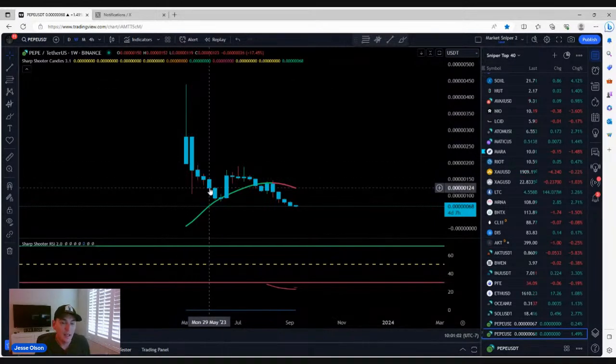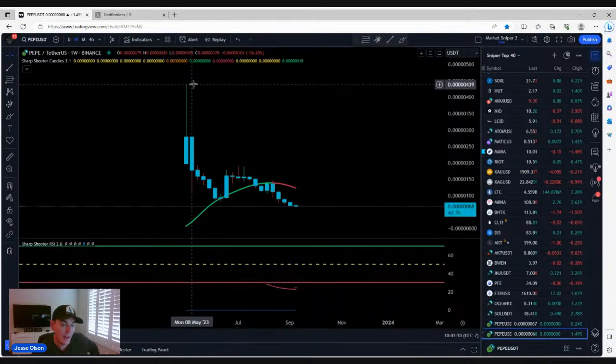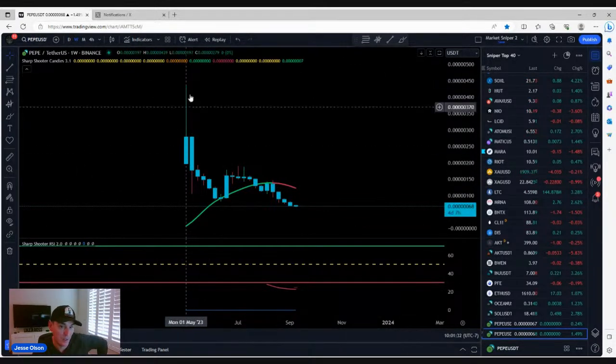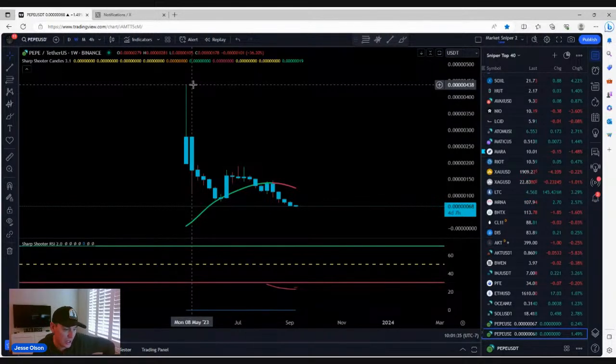very similar to an IPO, like the IPO of a new stock, Coinbase for example. Coinbase IPO'd and shortly after hit all-time highs, and it's been a downtrend ever since. So basically, if you weren't an early investor before the IPO, you got rug pulled, right? And then there was one more chance to get out on Coinbase, and after that, this is very similar to a Coinbase IPO, where if you weren't an early investor before getting onto all these larger exchanges,